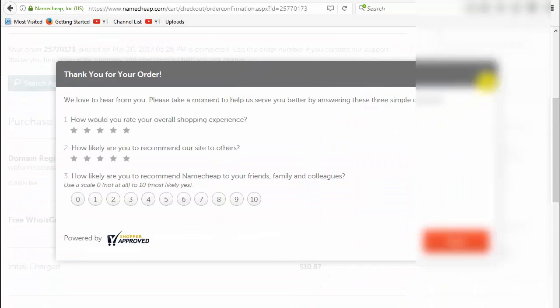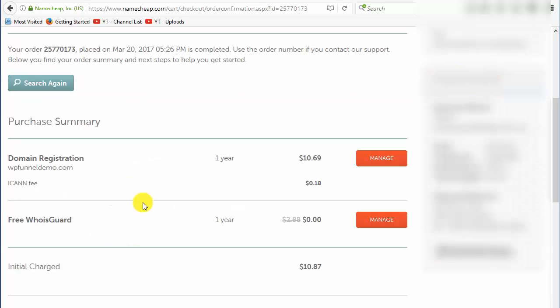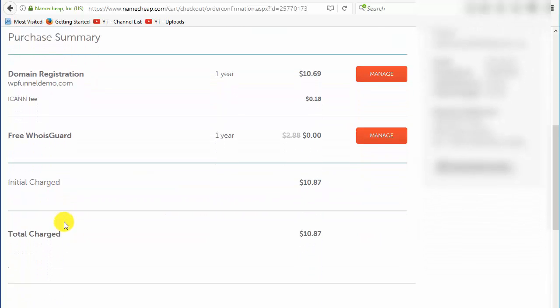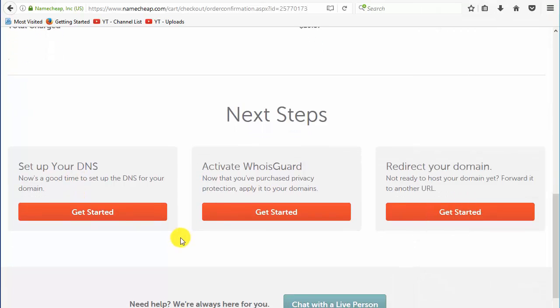Oh, and of course they want to know about, nope, thank you. Purchase summary, we purchased our domain registration, wpfunnel.demo.com for 1 year, the free Whois, and that's the initial charge. And at the bottom, they'll actually tell you your next steps. These are things you can do. We're not going to worry about that right now because this